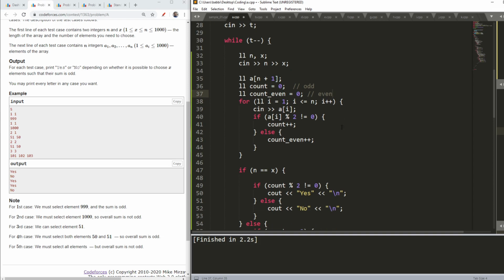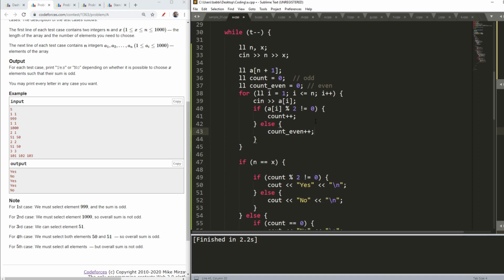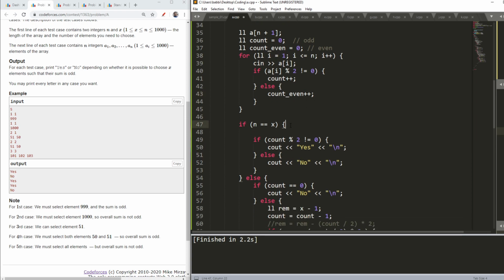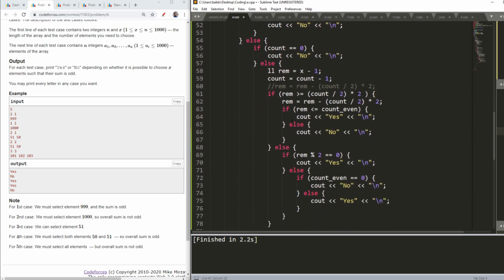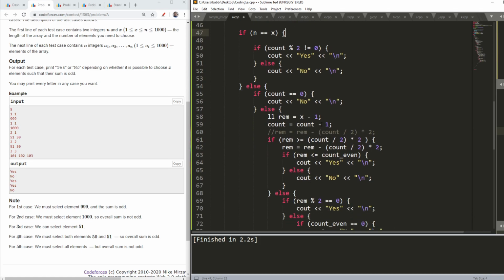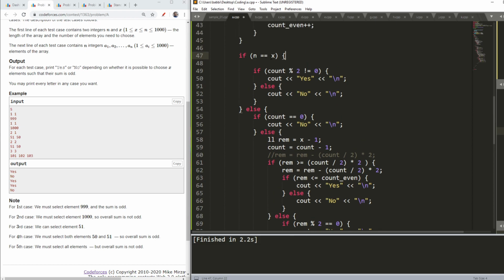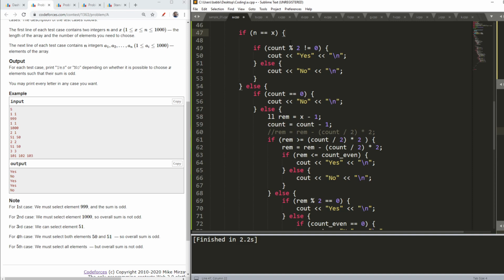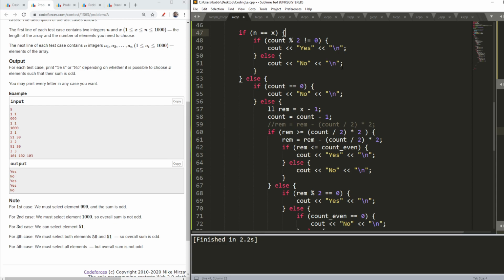Okay, so I will check how many odd numbers there are and how many even numbers there are. Now, the code which I wrote here is slightly longer, but you can shrink it according to yourself by making the conditions smaller. It is my way of writing it, but you can make it much smaller by shrinking the conditions your way.